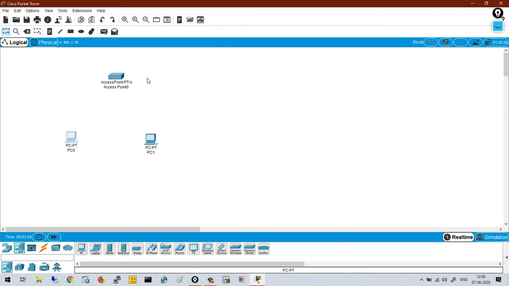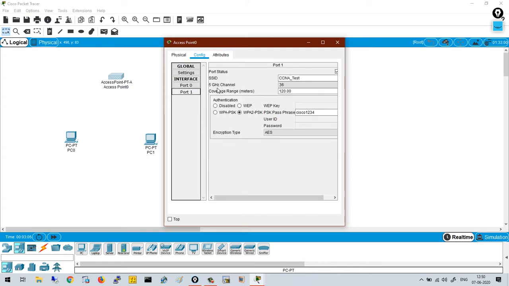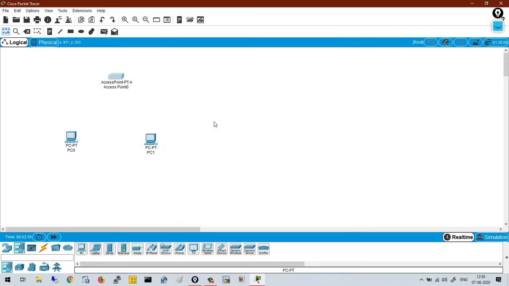Let me check what's the problem. Let's go to this particular access point, port number 1. So guys, this access point supports 5 gigahertz, whereas my computer supports 2.4 gigahertz frequency. So let me select another access point and do the same configuration on that access point.